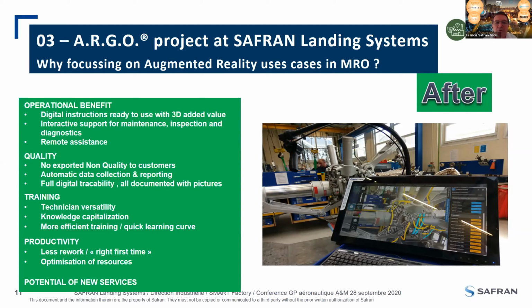And also it is a true answer regarding versatility. Versatility is very important. Today, a component has to be repaired in 10 days for a small component, and for a complete gear it is 45 days. It seems long, but it's very challenging. So one key to respect the lead time is to have full versatility of the people. So having such assistance is very helpful